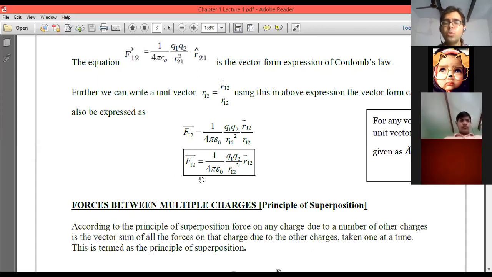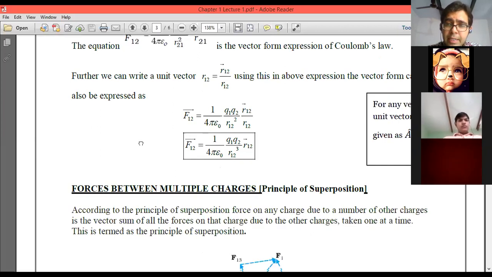But the approach to solve the questions will be a bit different, because when we'll be solving the vectors, we know only two things, how to add them, either by the triangle law or by the parallelogram law. So that we'll be doing later on.